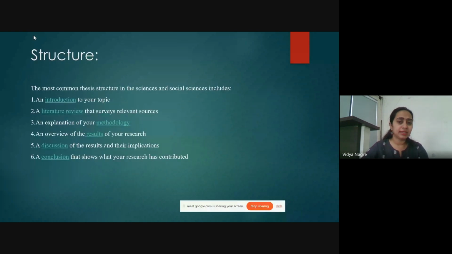Let us make it a little simple and understand how the research work in the thesis flows. These are some basic things in which we write this long piece of essay. First comes the introduction of your topic, which is followed by the literature review. Under the literature review, you are supposed to investigate